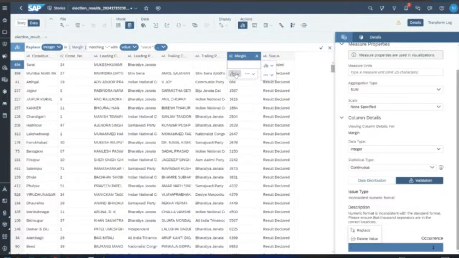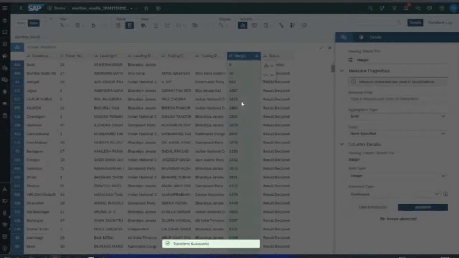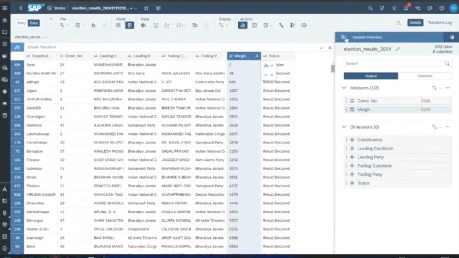So what we can do, we can use smart fix. This is a smart feature provided by Analytics Cloud to smartly detect anomalies in data and fix them for you. You can choose the smart feature to replace the value with, let's say, 0, as we don't have the other data available. That way you can resolve basic data inconsistency issues, because it is important to have clean data before you start building our dashboard and analyze the elections data and political dynamics. So you need to have clean data.